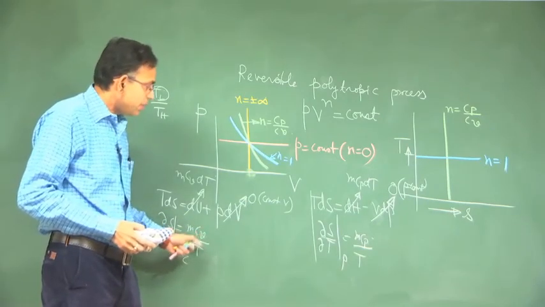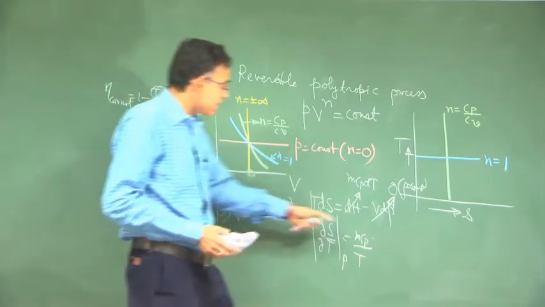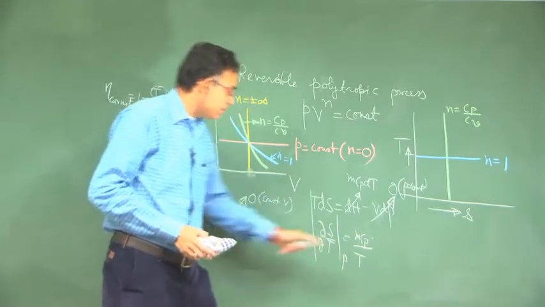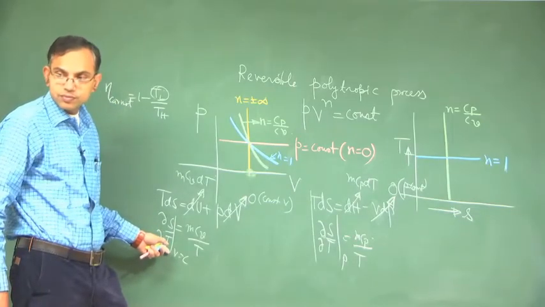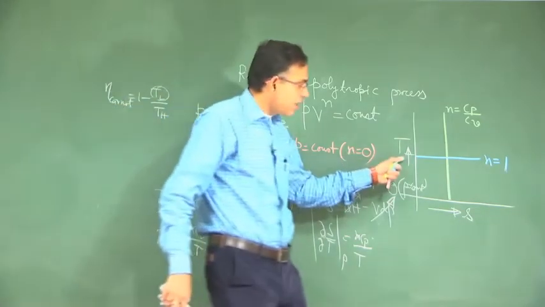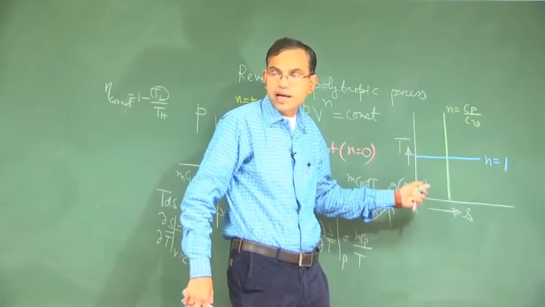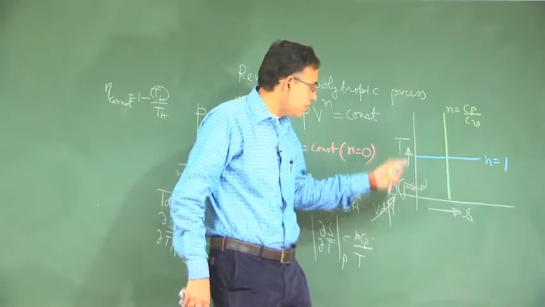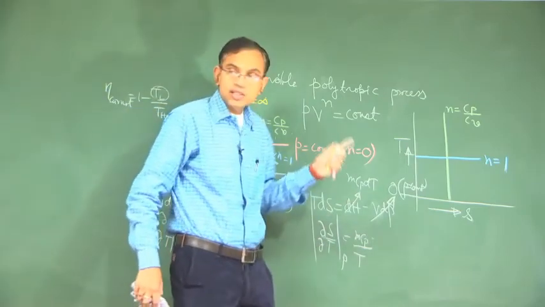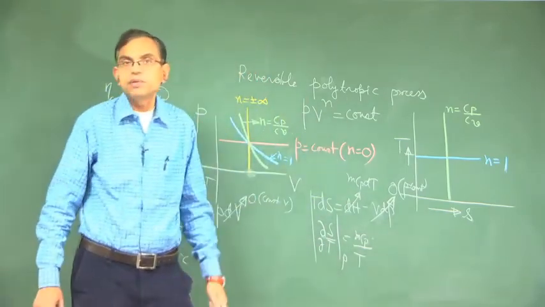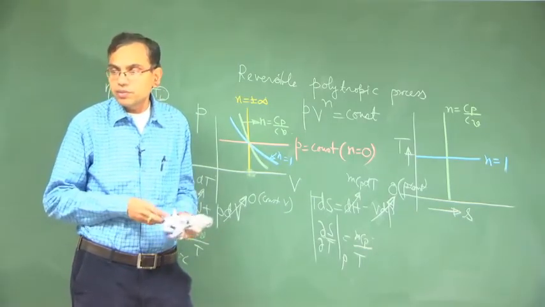So both are positive, but because Cp is greater than Cv, del S del T at constant pressure is greater than del S del T at constant volume. In this diagram what we require is del T del S, not del S del T, because it is a TS diagram, not an ST diagram. So in terms of del T del S, you will have del T del S at constant volume greater than del T del S at constant pressure. That means constant volume line is steeper than the constant pressure line.